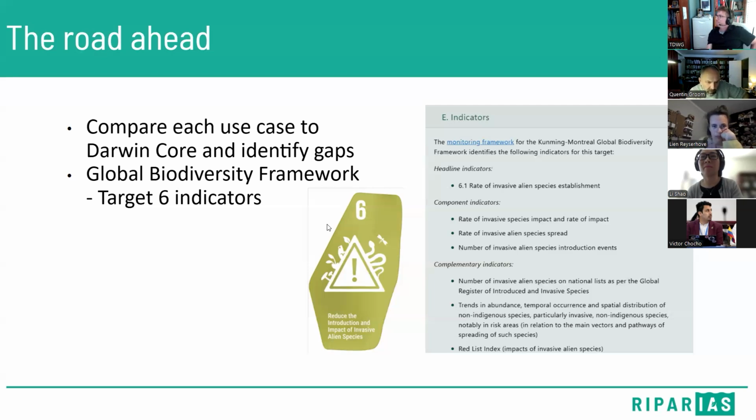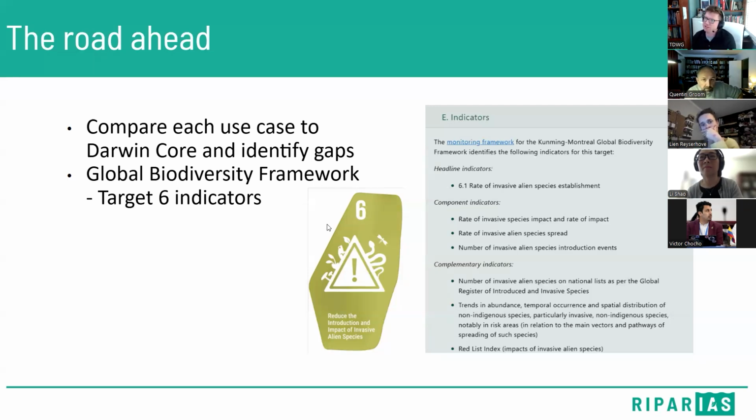And then number of invasive alien species on the GRIS lists. That's fairly straightforward. Lynn was explaining how she was involved a lot in updating the GRIS list for Belgium, and we're trying to roll that out to more countries in a way, because part of the problem with GRIS is it's not being updated on a regular basis, so we are trying to improve that. If you're interested in GRIS checklists,